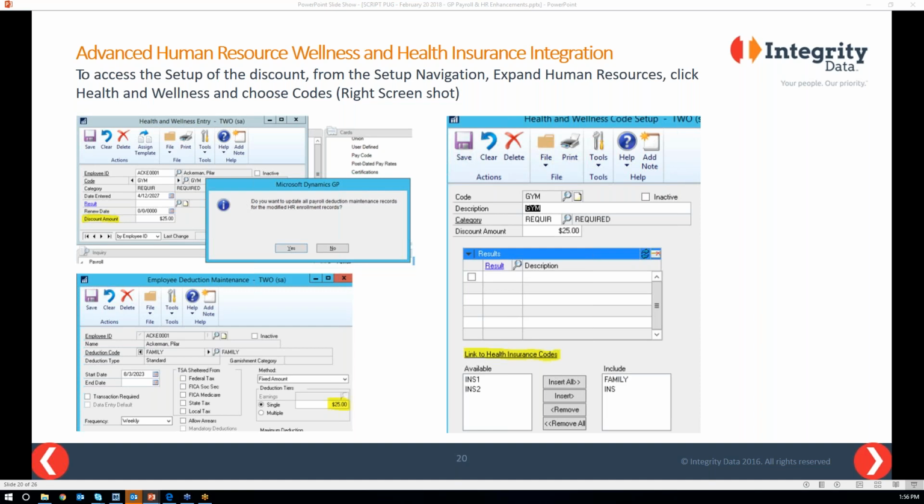So in the setup of the code, you can choose which benefits apply to this discount. Then when you assign it to the employee, you will enter the discount amount, which will change the total amount an employee pays. For example, if I have a family coverage plan assigned to Pyler at $50 per pay period, and Pyler has the gym code assigned to him, you can see how the code is reduced by the discounted